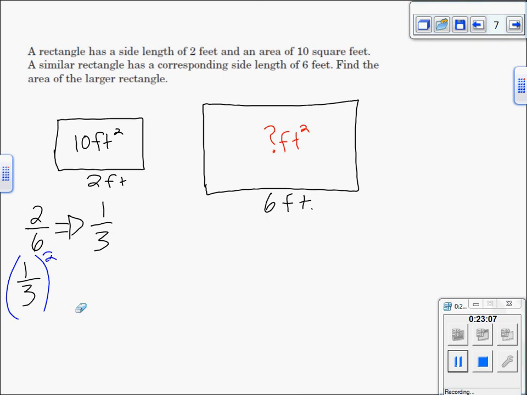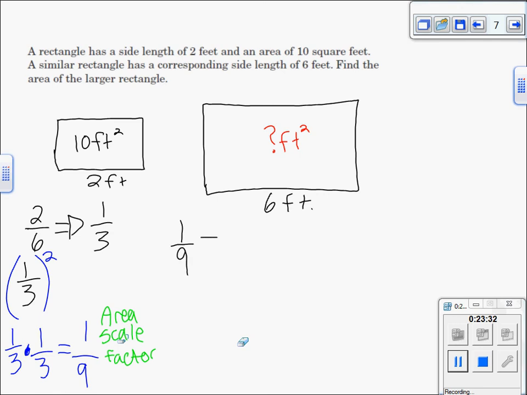So now we know the scale factor of the sides. In order to find the scale factor of the areas, we're going to have to square that. Raise it to the second power. So that means 1/3 times 1/3, which is going to give us 1 times 1 is 1, 3 times 3 is 9. So it gives us 1 over 9. So that's going to be our special area scale factor that we're going to use for all proportions concerning area. So let's set it up. Area scale factor. So that's 1 over 9